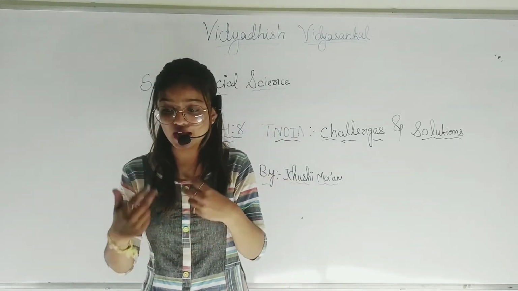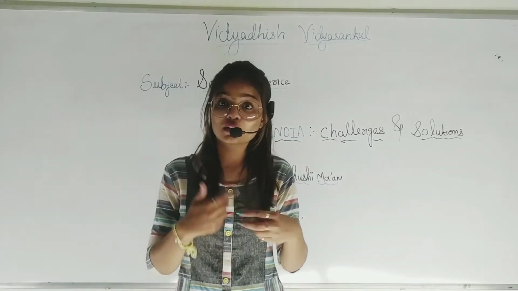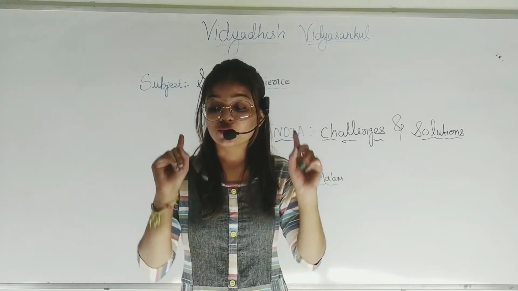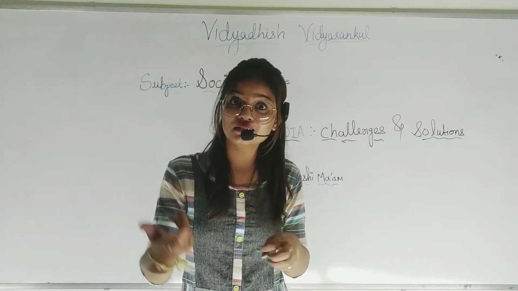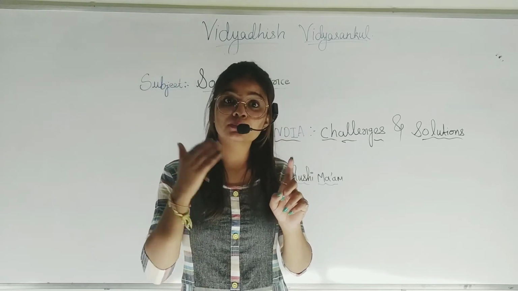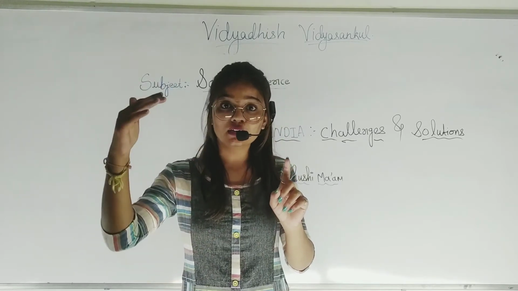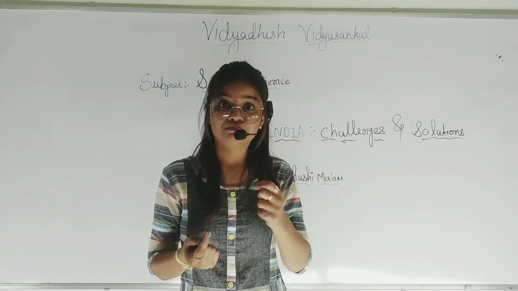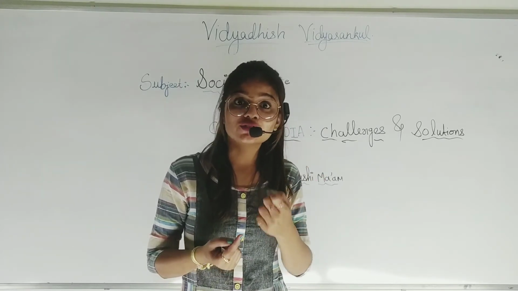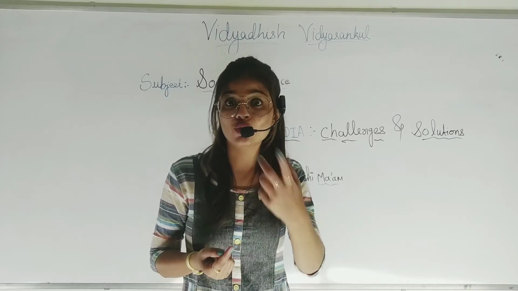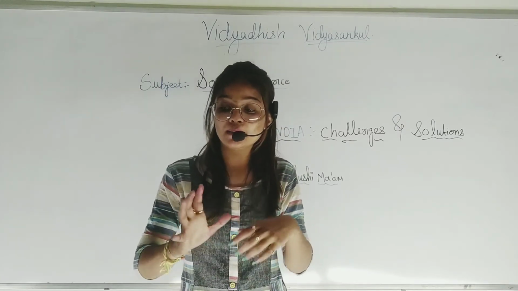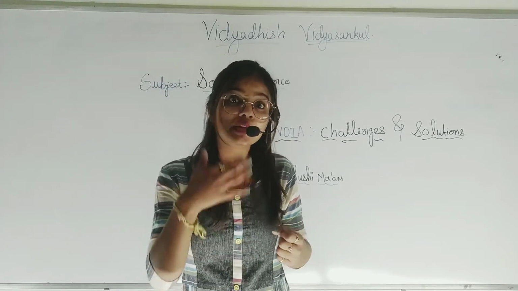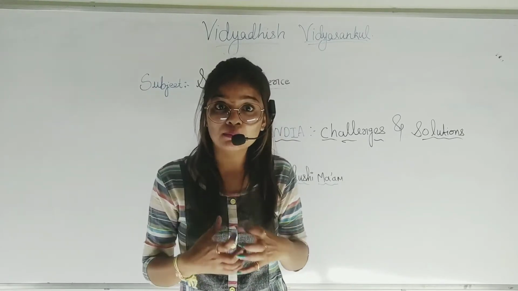Again I repeat the definition of unemployment. A person who is above 18 years, means the age of the person is 18 years or above, right? And is willing, willing का मतलब क्या होता है? उसकी इच्छा है, right? Want to work, is willing, and capable means capable. If I am a graduate, then I am able to work over there, right? So it is the capability of the person.